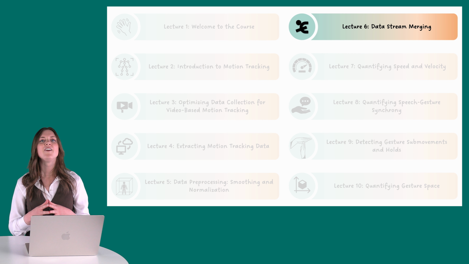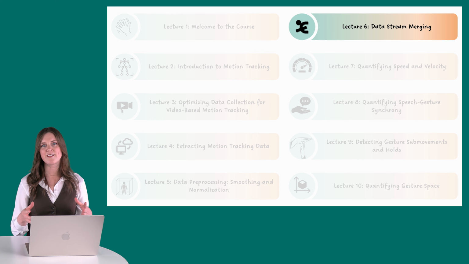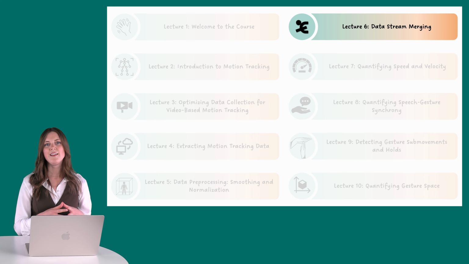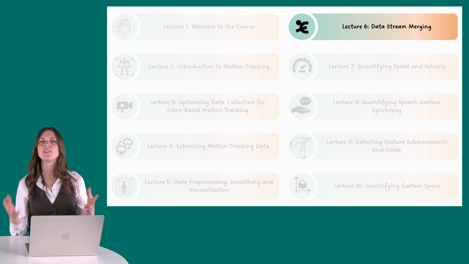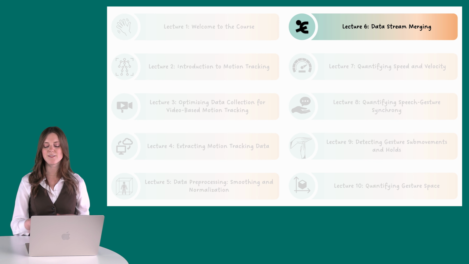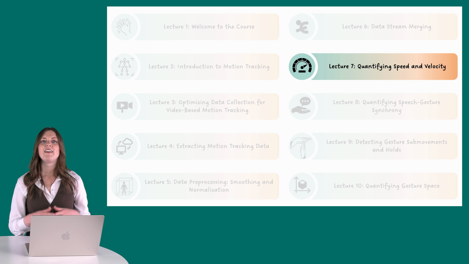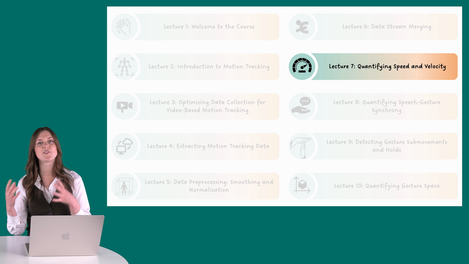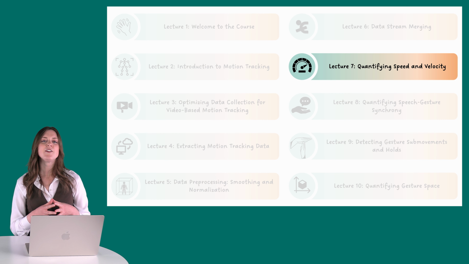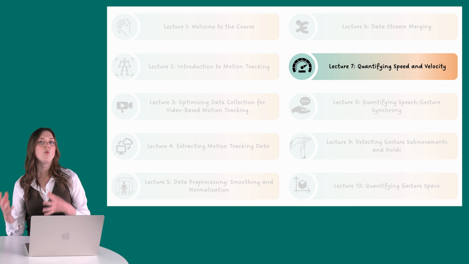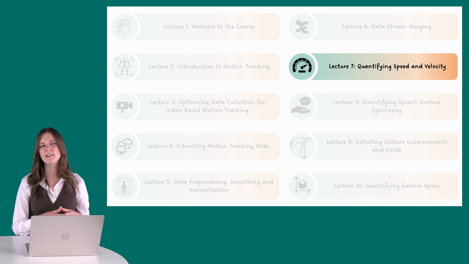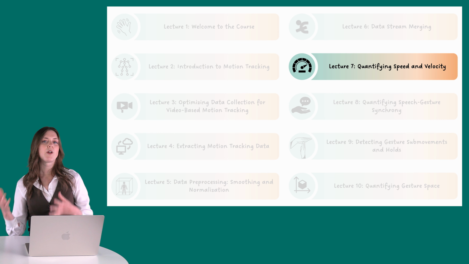In this lecture, you learned how to merge all of our data streams into one place and how to deal with data that have different sampling rates or formats. In the next lecture, we'll show you how to convert the position data that we have into measures of speed and velocity so that we can see not only where a participant's wrist is at a given moment in time, but also how